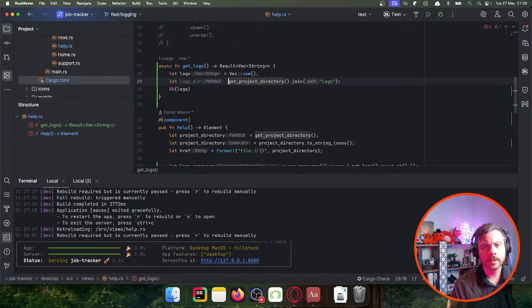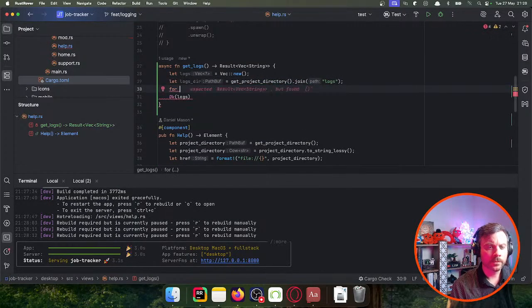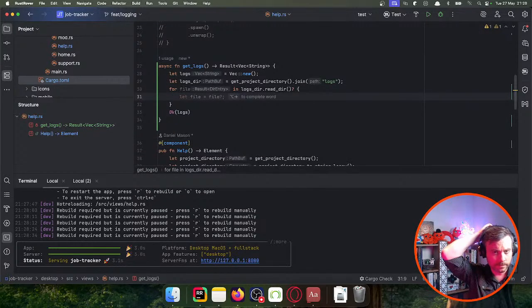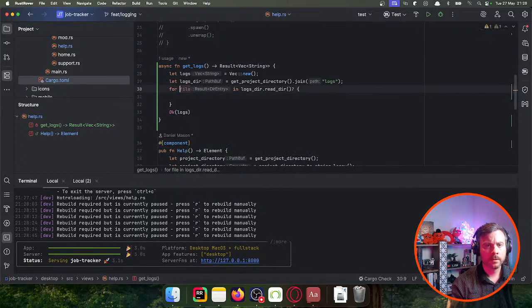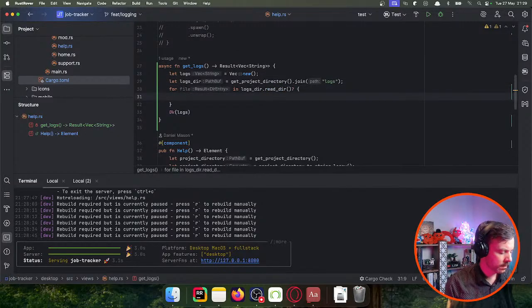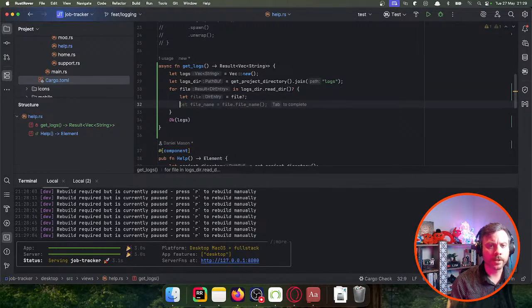Dir equals this, and then for in. Oops. I think that's probably right. It's okay for, so we're using anyhow, so the question mark operator here will just return the error if there is one. We only care if... interesting. Why would we get a result with a result? Oh, because each entry may also be one. So I think we can just do, yeah, I think that'll be fine. That'll get us the directory entry, and then we can do